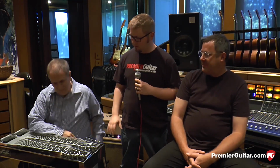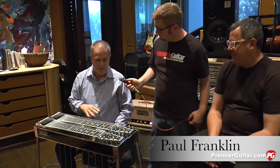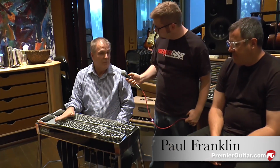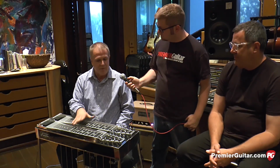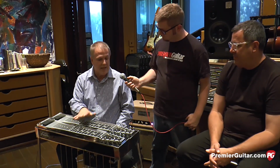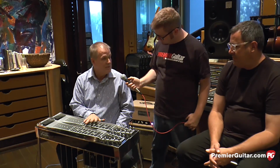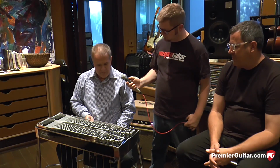Welcome. All right, first, Paul, let's start over here with your pedal steel. So tell us a little bit about this pedal steel, kind of the tunings, and how you used it on the album. Okay, well, this is a Franklin pedal steel guitar. My father has made steel guitars since I was 16. So this is a double neck. It's what they call the E9th, a double 10-string guitar, E9th and C6 tunings, and it's a Formica covered guitar,